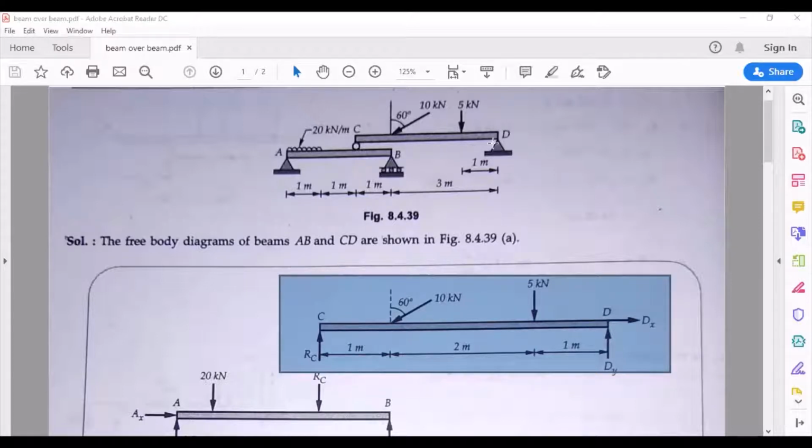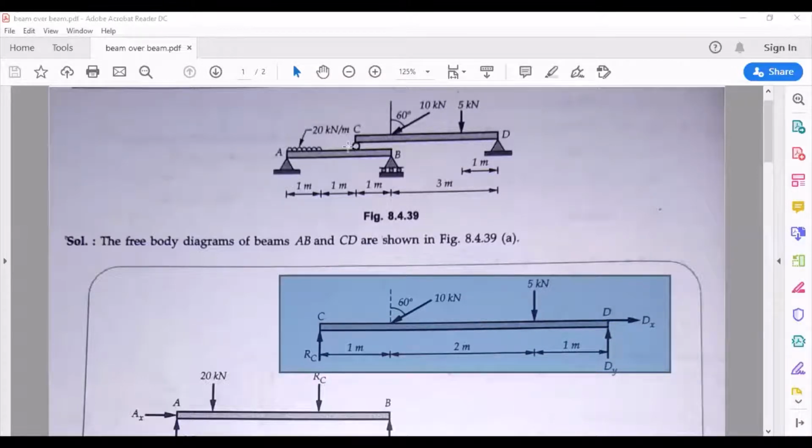Next, you have a hinged support at D. We all know that a hinged support has two reactions, one horizontal and one vertical. So they have taken a vertical reaction as Dy and a horizontal reaction as Dx. The other day I told you notations may differ. You may also take it as RDx, RDy, or Dx and Dy. We are not much worried about the notations, we are worried only about the reactions. So these are the two reactions for this hinge D.